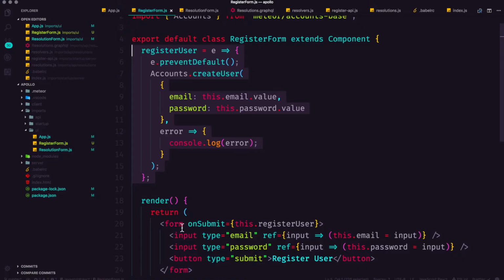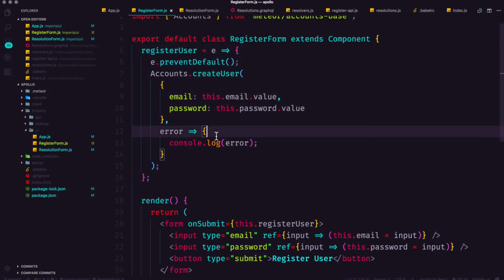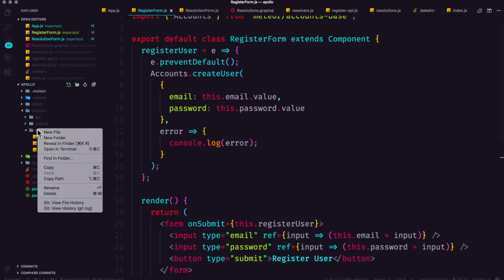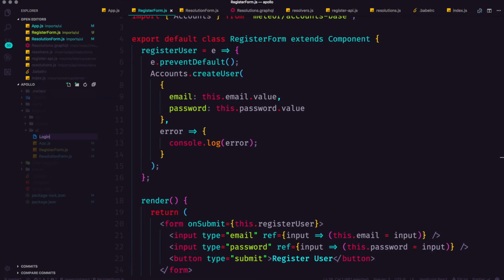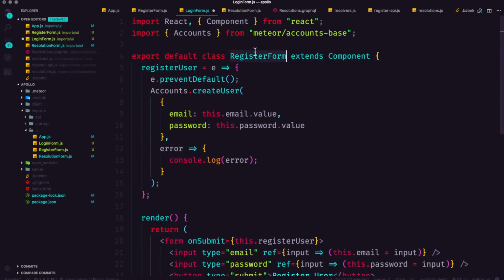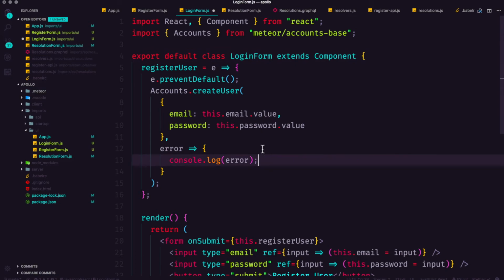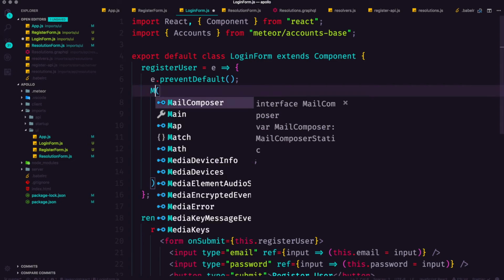Now I'm going to go ahead and double up the registration form here. I'm going to just duplicate this entire file simply by copying the entire thing, creating a new file, loginForm.js, pasting this in here, and we're going to say LoginForm. Again, this code is not DRY, so don't worry about that. The version of this thing that I'm going to be giving you will be much better. And instead of Accounts.createUser, we actually want something called